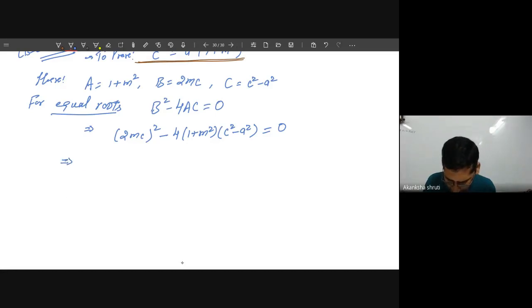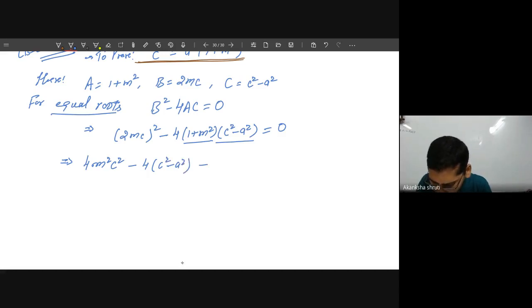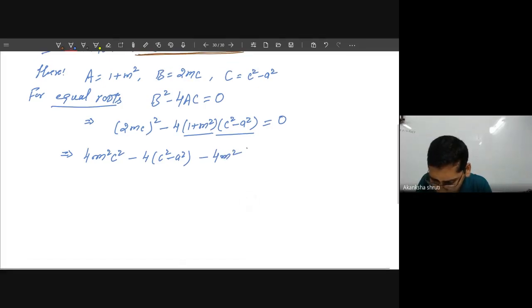Student, so the left hand side becomes 2 to the 4 m square c square, because this square is for all the terms inside the bracket and it is only one term, so it becomes 4 m square c square minus, what is this? These are the other terms that you have to solve. So this is like the product of two brackets. Now you have to take the product of these two brackets, there is no other way. So minus of 4 means 1 multiplied by this bracket. You can write it as c square minus a square. Once this comes, then minus of 4 m square will come, then c square minus of a square will come.